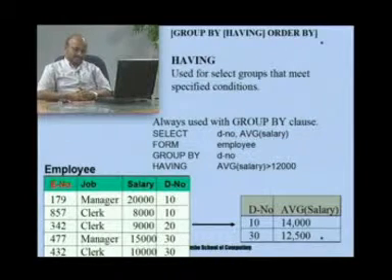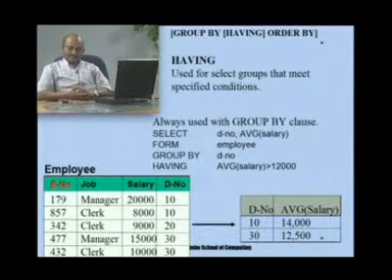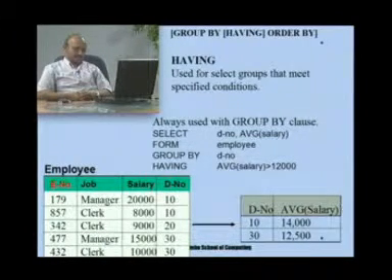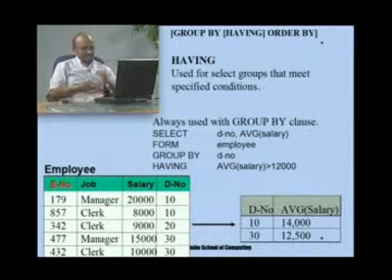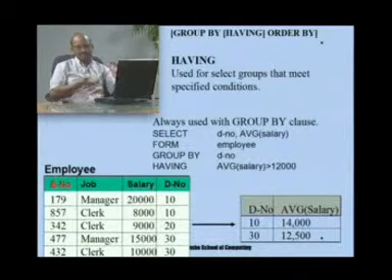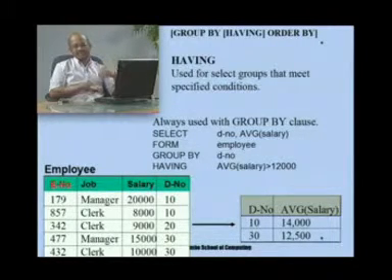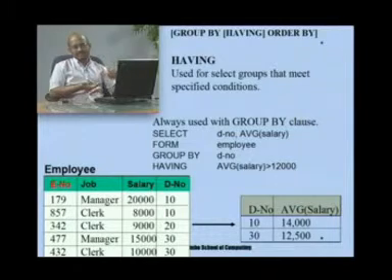Suppose we wanted to apply a condition on filtered data before grouping, then you must have a where clause. For example, suppose we wanted to take not all employees, but only employees who are managers. Then you average the salary for each department number based on managers. In this particular case we have only one manager for each department, so the average is with respect to that person.